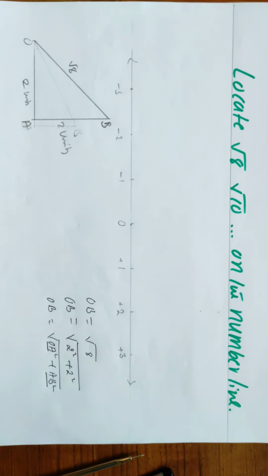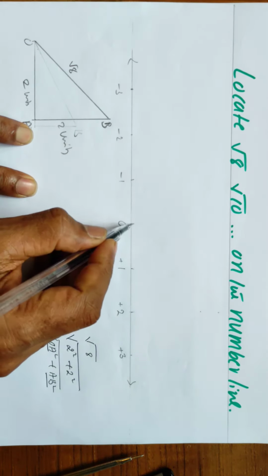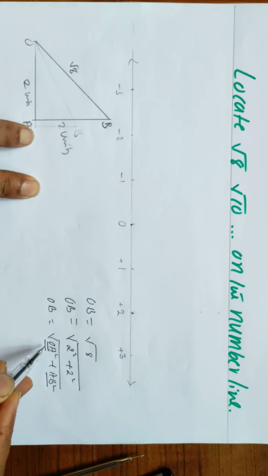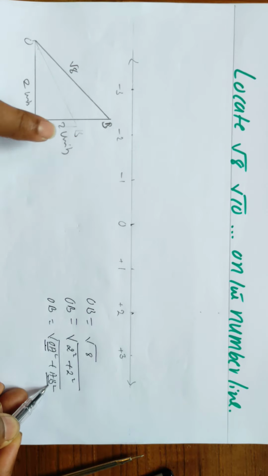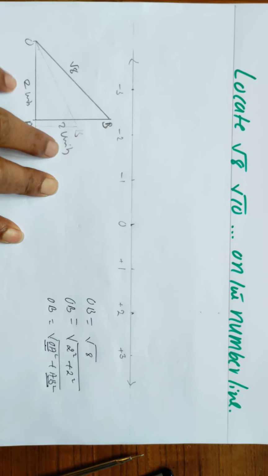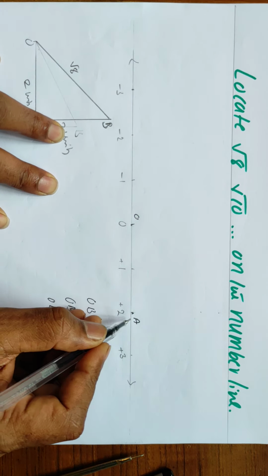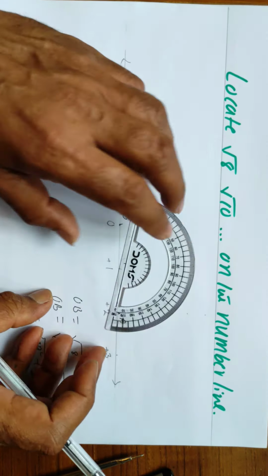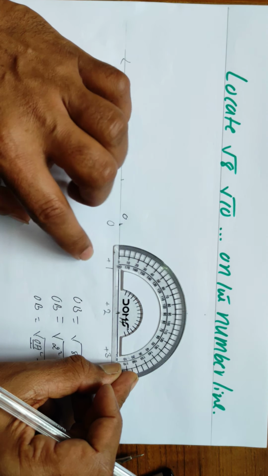So what you have to do is, once again, draw a number line. Okay. Select 2 units. First you need to select 2 units. Base, from this calculation only you can easily make out base should be 2 units. Height should be 2 units. Okay, let me take 2 units. This I will mark as O and this one as A. Here I have to construct perpendicular to OA. I have to draw a perpendicular to OA which is equal to 2 units. Is it not?